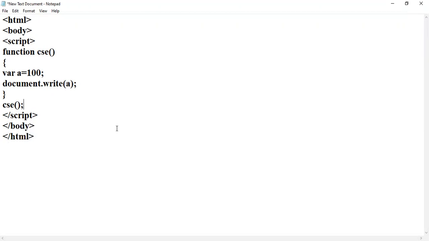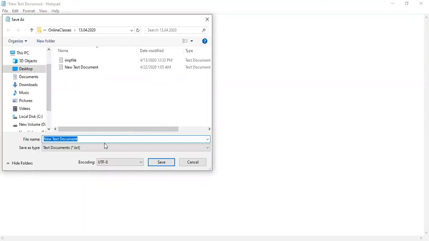Now see here, I'm using comments: calling function. Here we are calling the function. What will be the output now? I'm saving this program with dot HTML only. So I will save this program as local variable dot HTML.